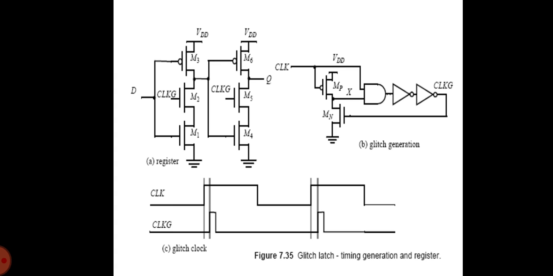The glitch register is transparent during the 1-1 overlap of the clock and clock D bar. As a result, the input data can actually change after the rising edge of the clock, resulting in a negative setup time. So the D input transitions to low after the rising edge of the clock and transitions to high before the falling edge of clock D bar during the transparency period.